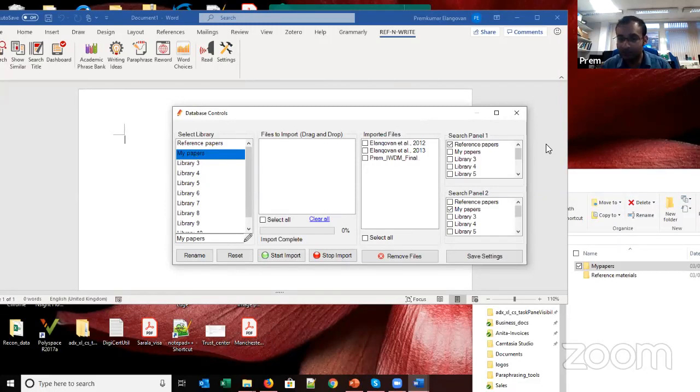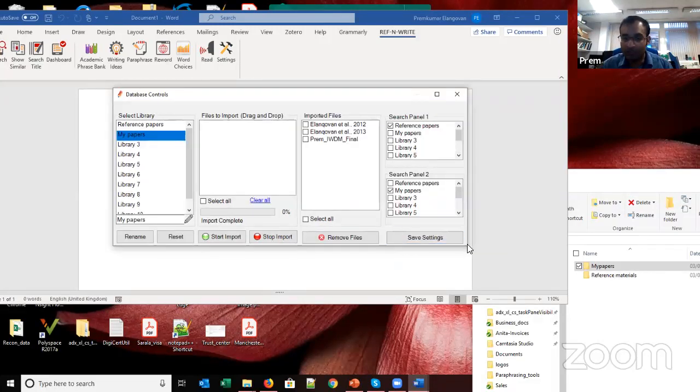So then here in the panel, you have to specify what library to search for the results to be displayed in search panel 1, and what libraries to search to display results in search panel 2.